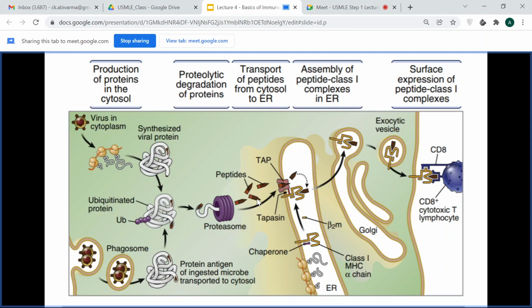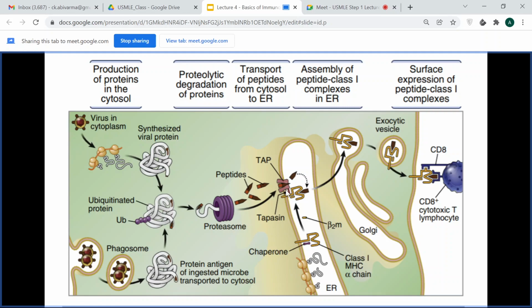And these oligopeptides get transported into the endoplasmic reticulum by a specific protein called TAP, which stands for transporter associated with antigen processing. Just remember that it transfers these oligopeptides into the ER, so that the MHC class 1, which is concurrently being produced, because our nucleus is here, sends mRNA and we produce MHC class 1 molecules,